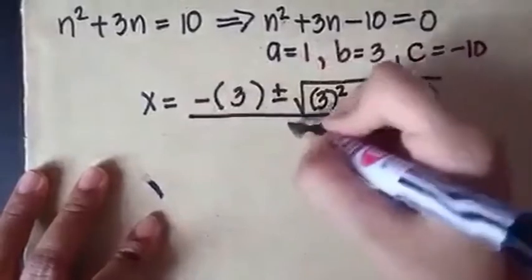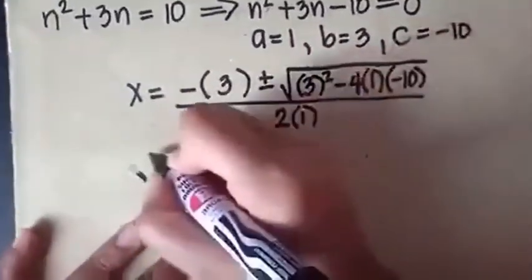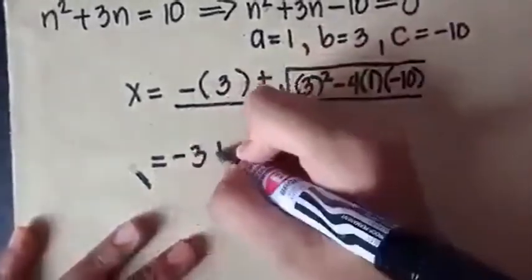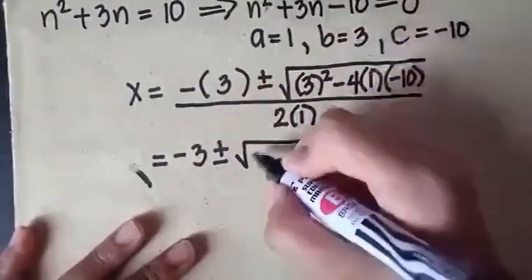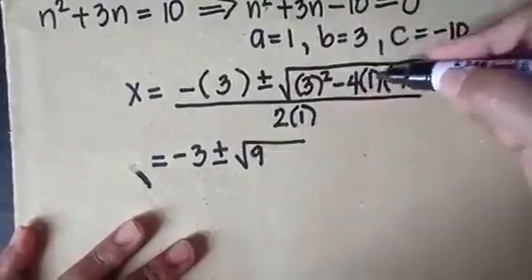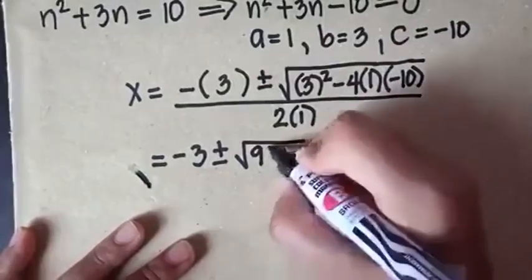Divide by 2 times a. So, simplify natin. Negative times positive 3 is negative 3. Plus and minus the square root of 3 squared, so you have 9. Negative 4 times 1 is negative 4 times negative 10, so we have positive 40